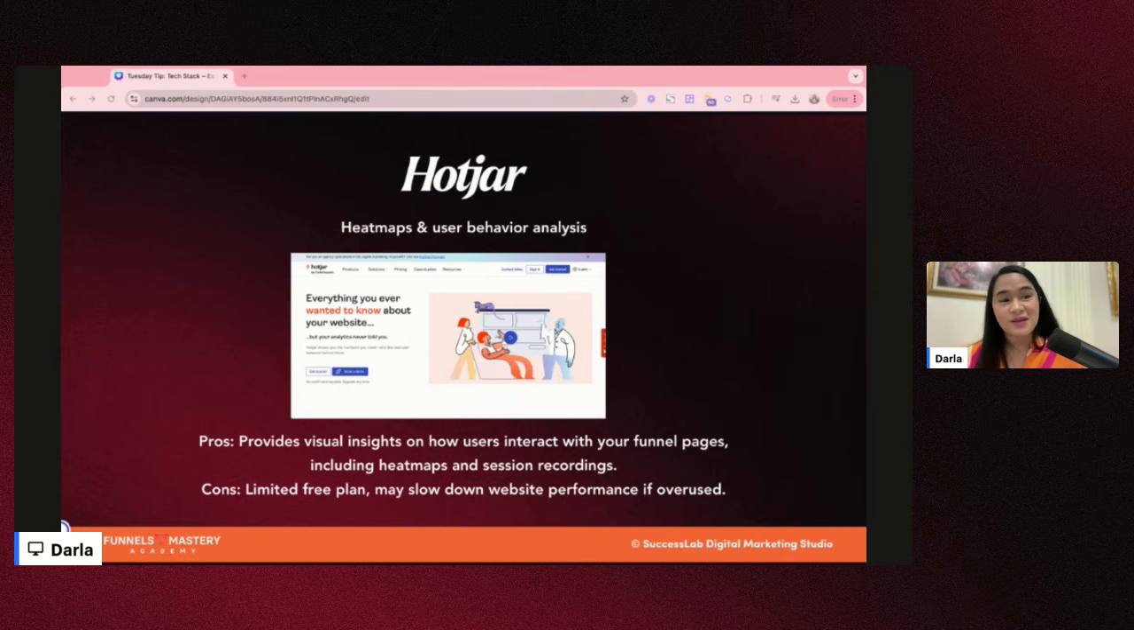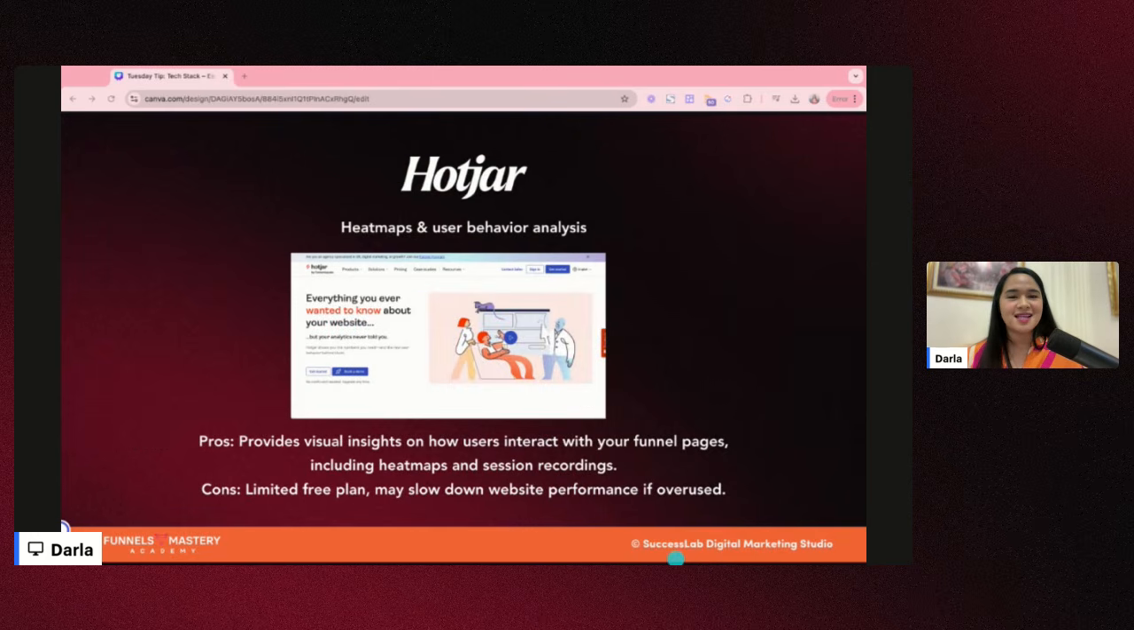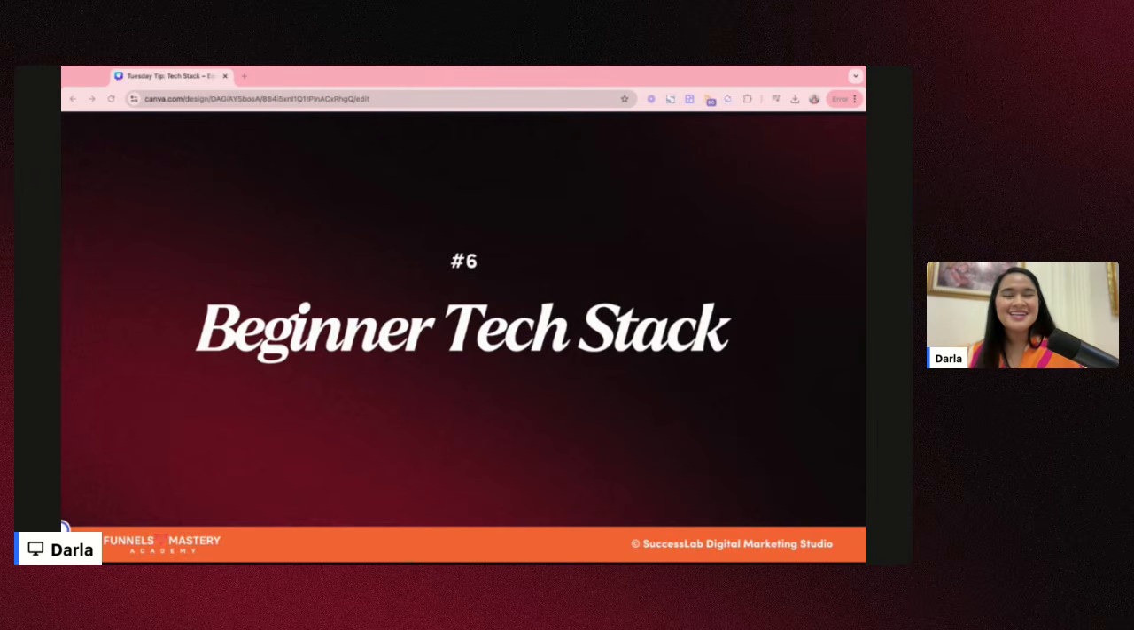So, meron silang payment. Hindi siya katulad ni Google Analytics na mas simple, pero walang payment. This one, may payment talaga sila. But mas extensive talaga yung mabibigay nilang data sa'yo. Now, again, with all of the things that I have mentioned to you, what are the platforms that I recommend